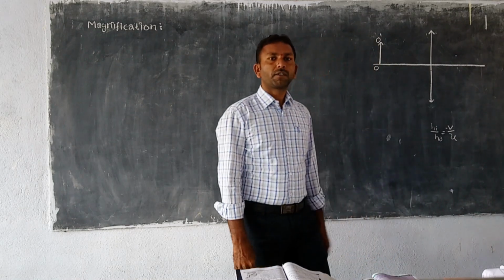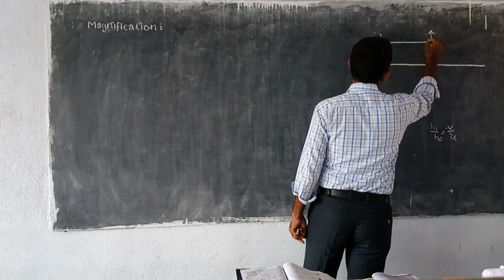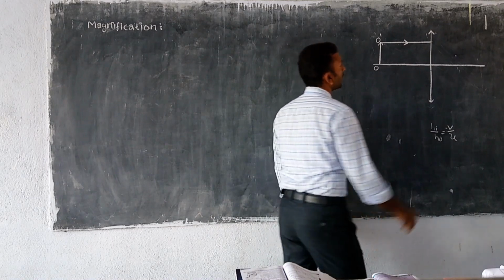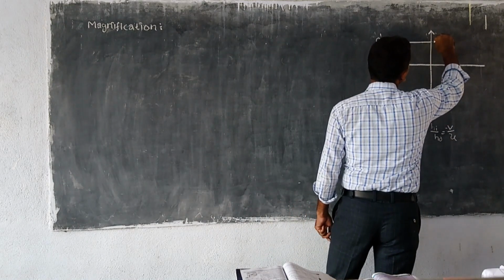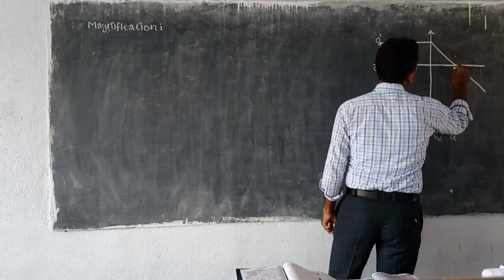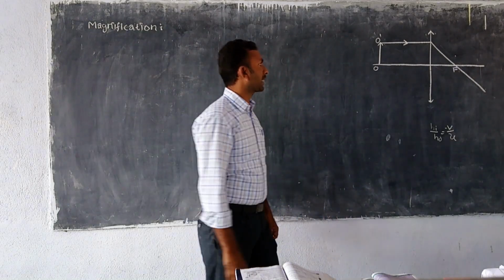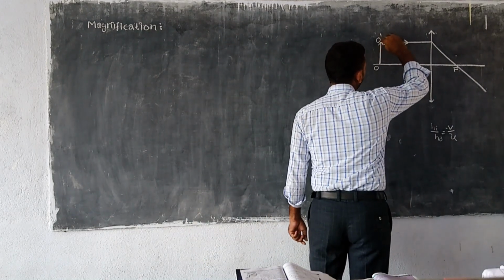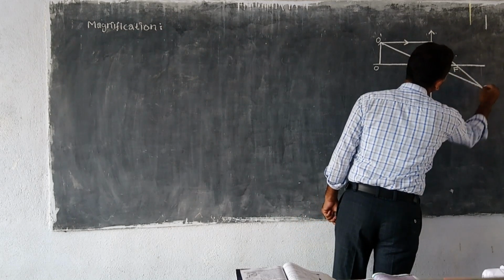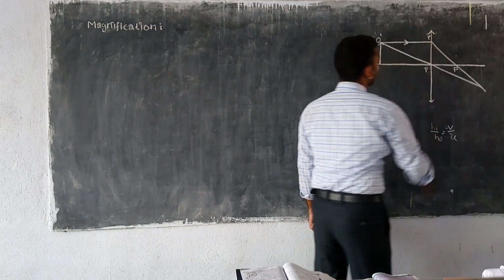Two light rays. The first one is the light ray which is going parallel to the principal axis. After incidence on the lens, in which way is it going? It goes through the focal point of the lens, and this one is focal point F. And the second light ray we have taken is going through the center of the lens. This is the center of the lens P, and this one is P dash.